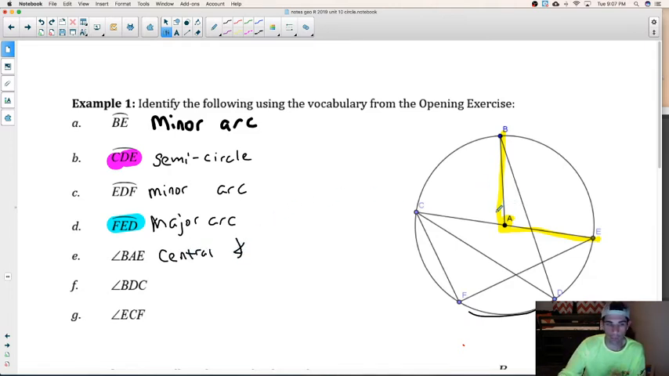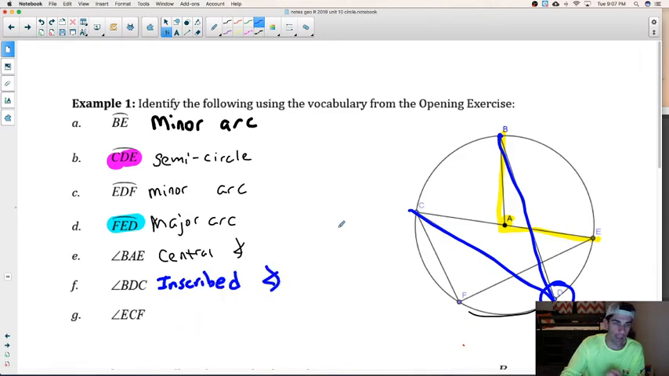All right, angle BDC. So here's B. Now angle BDC. Then I have to go here to D. Then I go here to C. Look at where D hit. It hit on the circle, so we call that inscribed